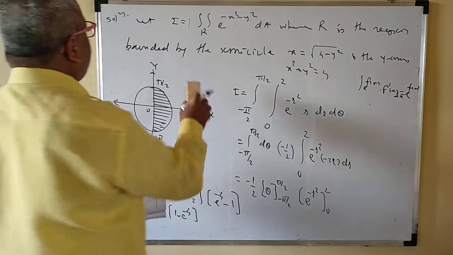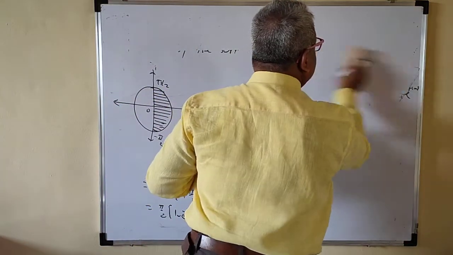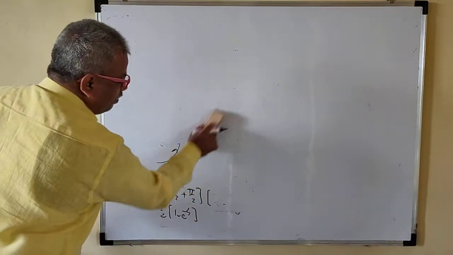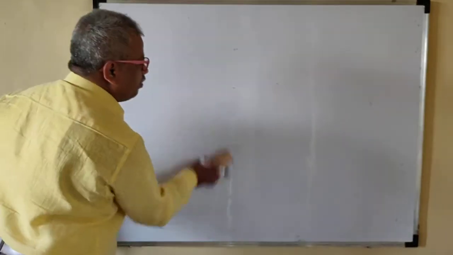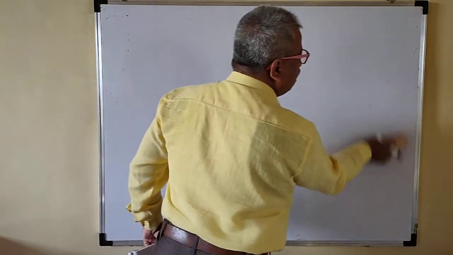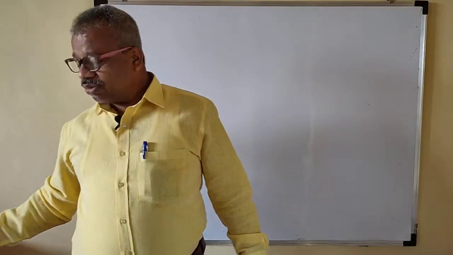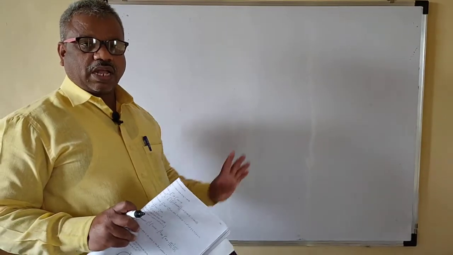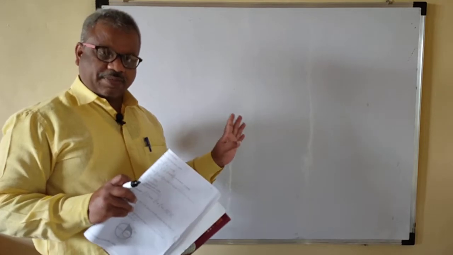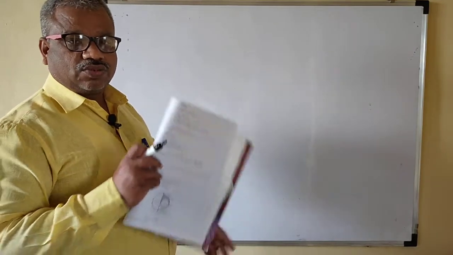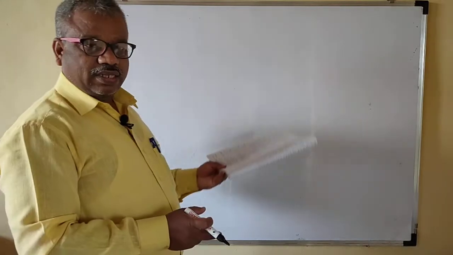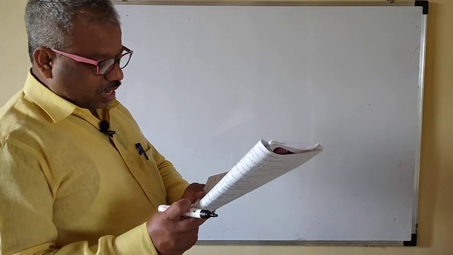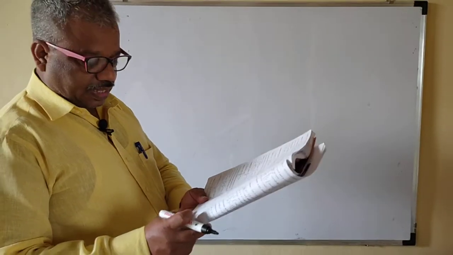Next. Evaluate. So very easy. If you apply the formula e raised to f of x into f prime x, then the problem is easy. Otherwise, you have to use the substitution in terms of u, v, then you have to change the limits. You have to do a lot of calculations then, right? So directly you can apply the formula: the integration of e raised to f of x into f prime x dx is the same as e raised to f of x. Okay. So here we are seeing a finite integration. No problem to add the constant of the integration. So we will not add the constant of the integration here because this is a finite integration.